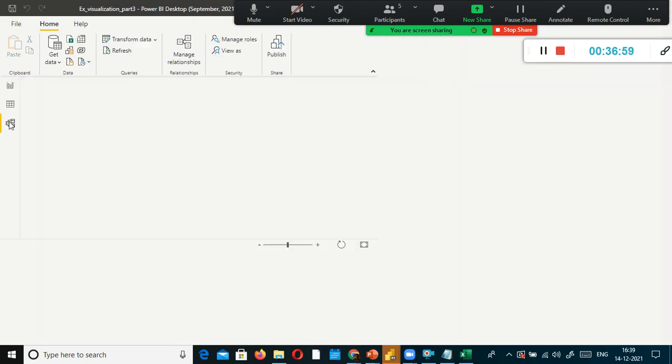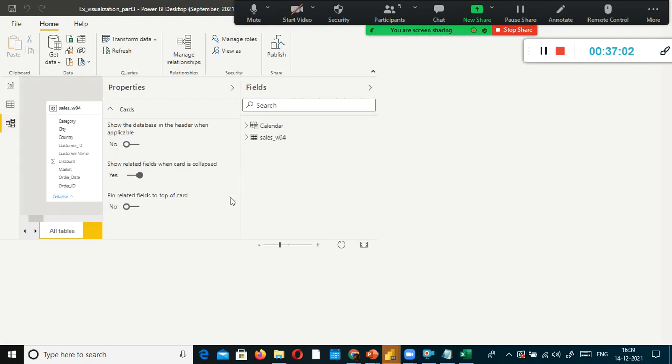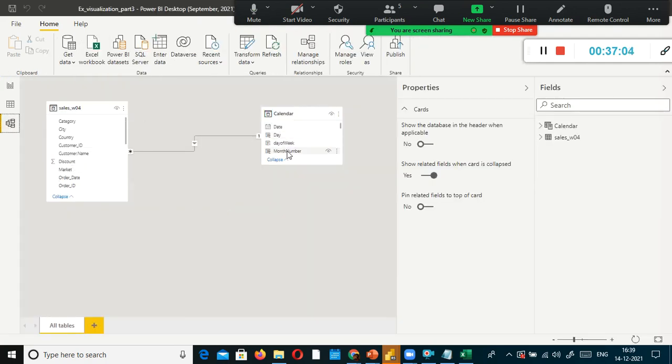This report has data files, like data models, like sales, this one table and this another table. This is the relationship we used. But in a real-time scenario, you will be using 6 or 7 tables at the minimum, 7 to 8 tables, and each table will have a relationship like this link. You can see the link. This is your link.